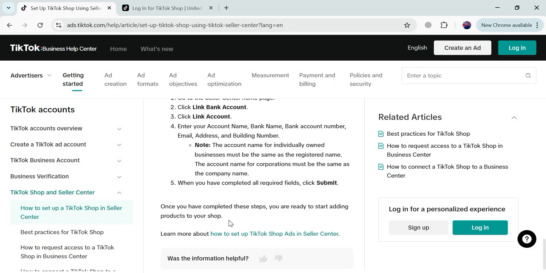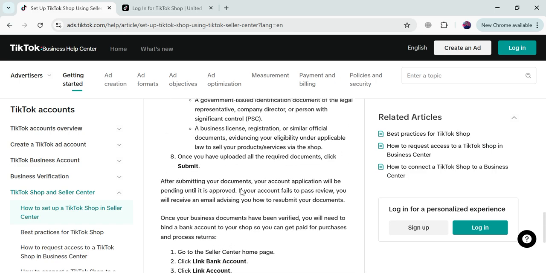So that's the basic article and documents by the TikTok Business Help Center, and it's the original one. You have to follow this guideline for creating and selling your products on this